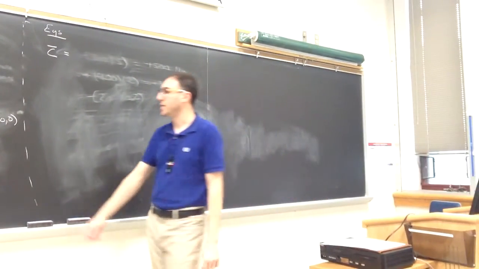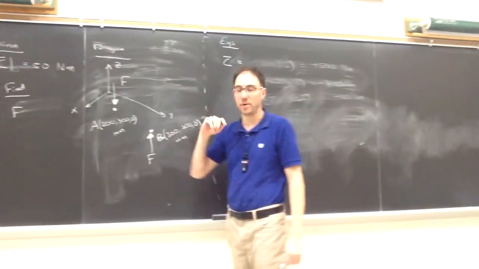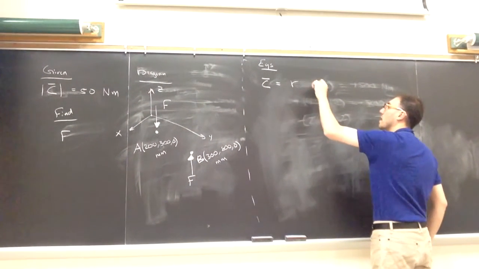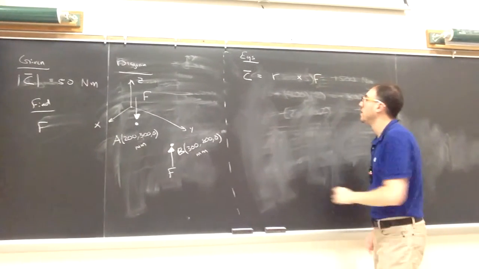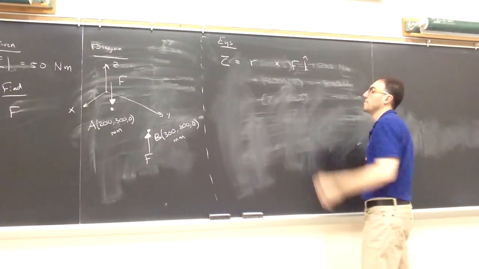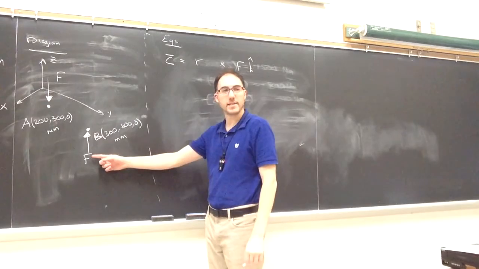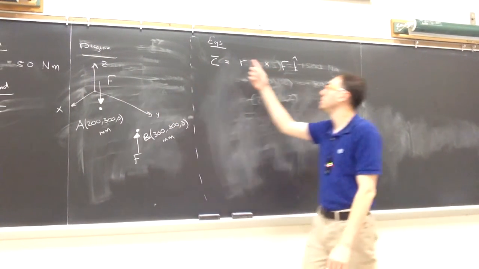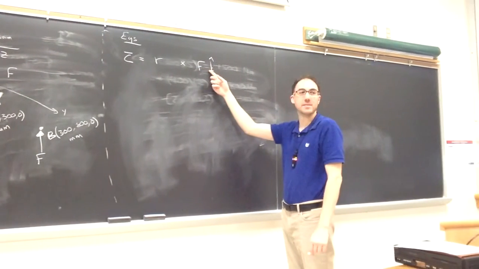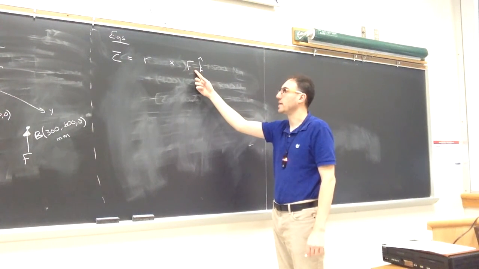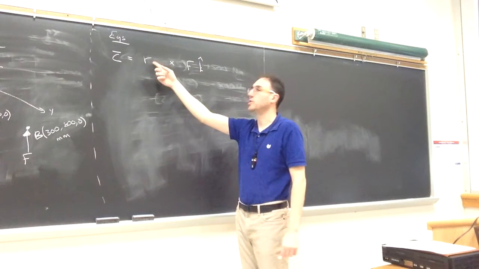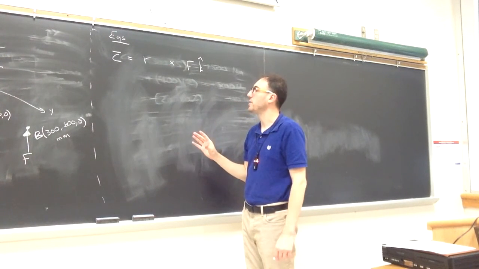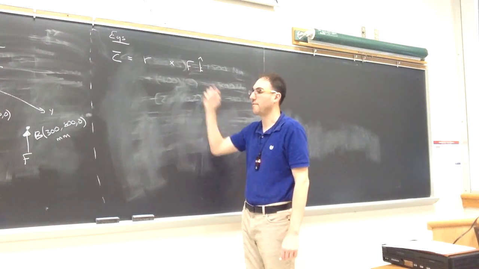I used this one in my notes, but I could have also used this one. If I want to use this F, this F is in the K direction. If I wanted to use this F, this would be cross F times negative K. And that would also change which R vector I want to use. So for my notes, if I'm using this F, I have to use